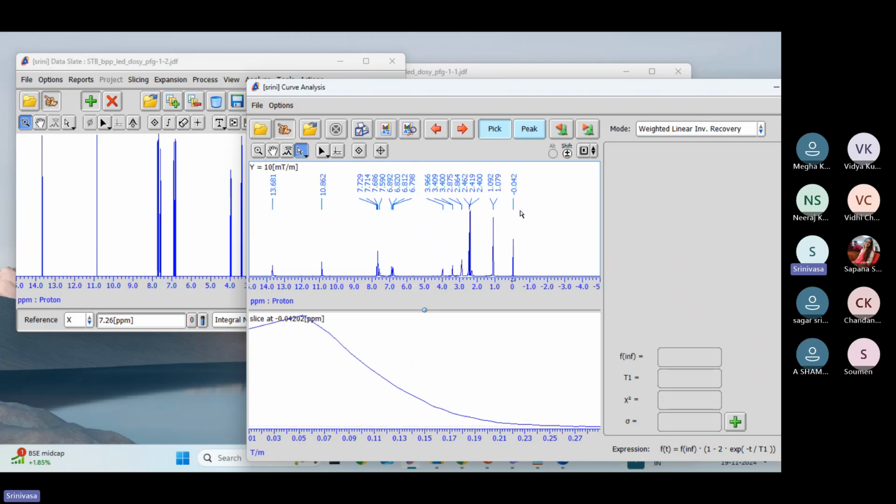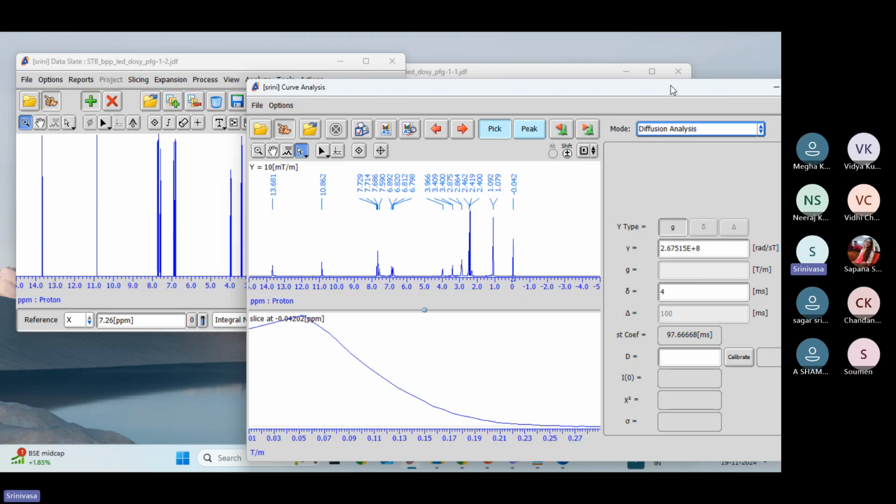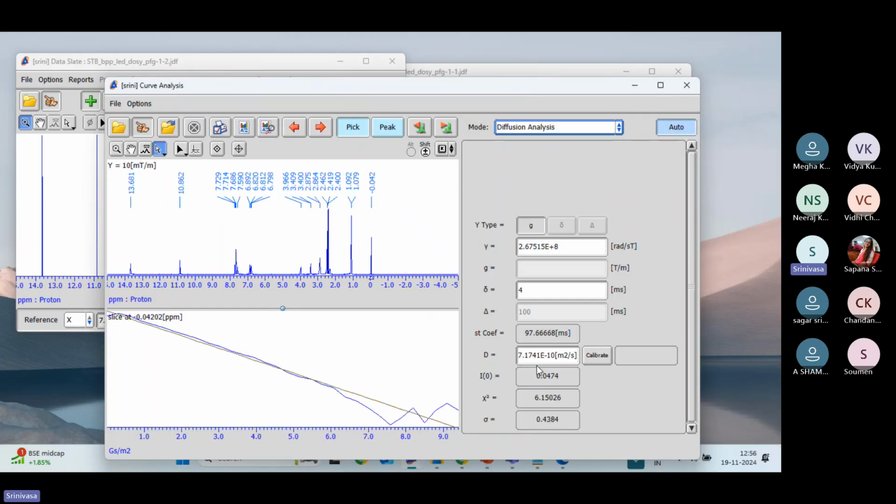Then on the right side top, you can see that mode. You select the diffusion here, downside diffusion analysis. Then apply. So you can see these values here. This D indicates the diffusion coefficient. Now, if you want to generate a report from this,